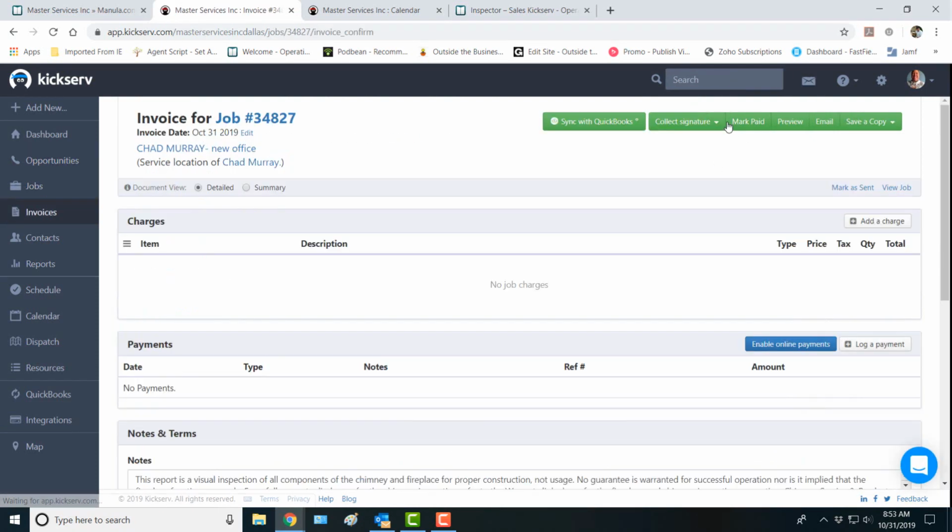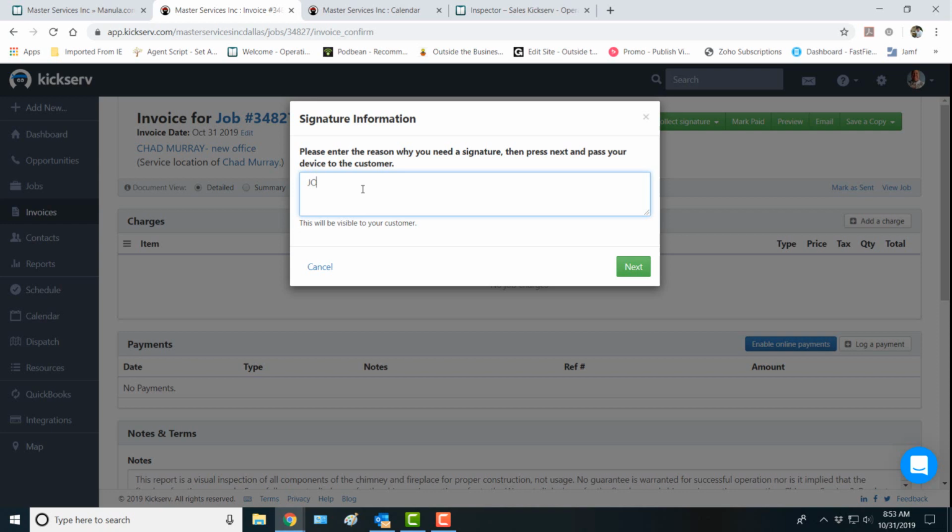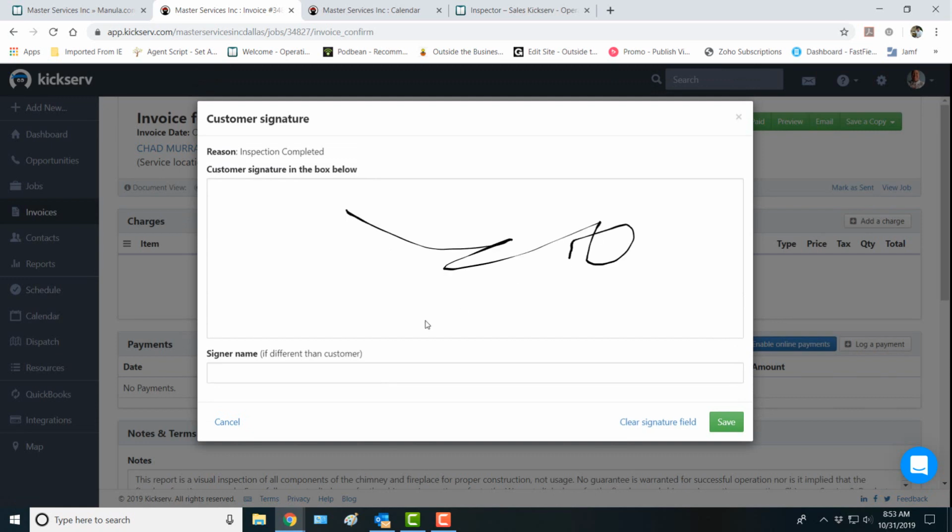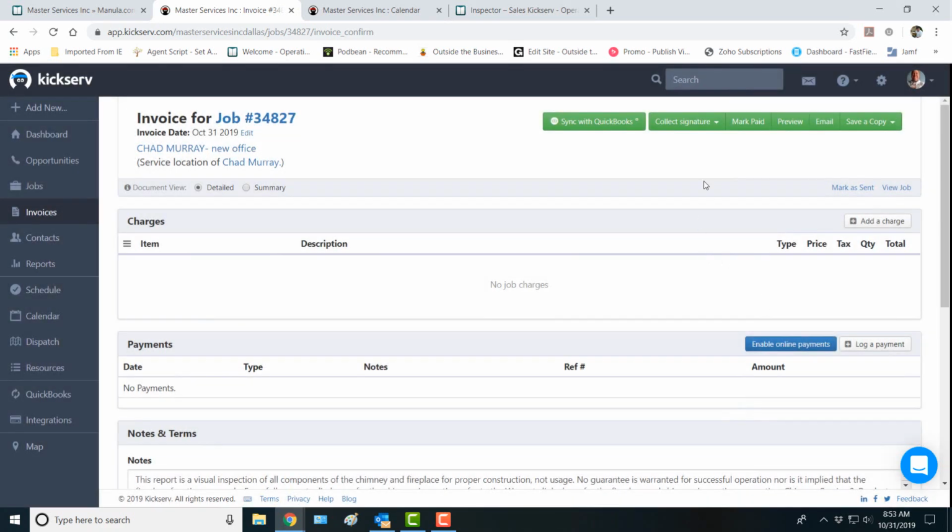You're going to generate an invoice. You're going to collect the signature. It said job completed. Inspection completed. Okay, next. They're going to sign and put their name. Save. Okay. You're now going to take their payment, and how you would do that, if it's a credit card, you'll call the call center and give them a credit card. Or if you have the swiper, you'll swipe it yourself,